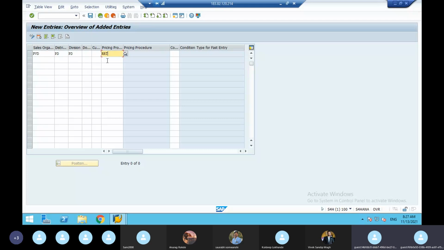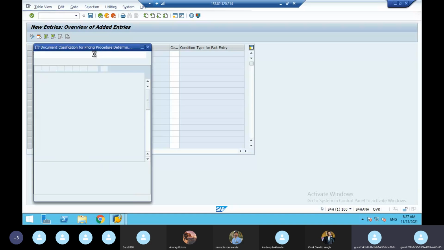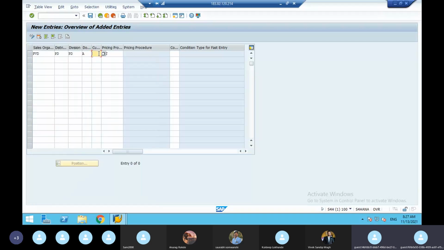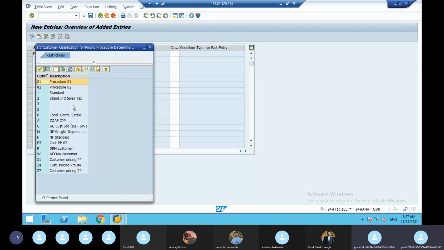So your pricing procedure should be assigned to customer master and material master card, because sales and pricing is purely dependent on customer and material. Customer means customer master data. Material means material master record. That is why sales area means indirectly customer and material master data. So here this customer will be coming in the sales document, that is called document pricing procedure. It's called document pricing procedure standard. And pricing is mainly for the customer. So customer means customer pricing procedure, that is the standard one.